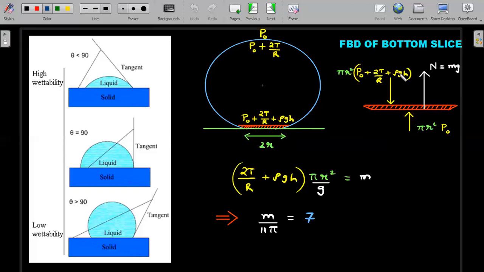So for this slice, if you write the equilibrium, you end up getting small mg is equal to this number. So value of m, if you substitute it here and write everything in milligrams and rearrange the values that are given in the question, you would end up getting the approximate answer as 7 by assuming that the value of capital R at the top is the spherical radius. Okay, right. So the entire drop is not sphere. That is something that you need to take into account. With the height given, you are able to solve for this problem.